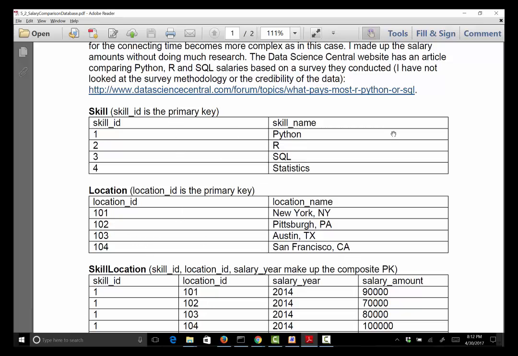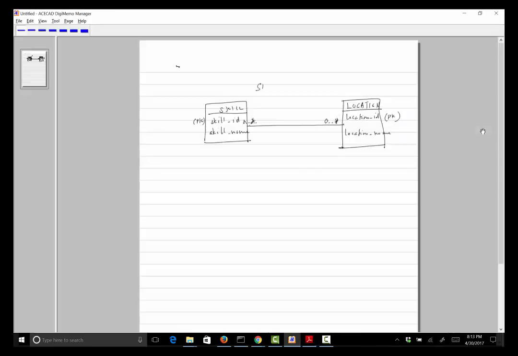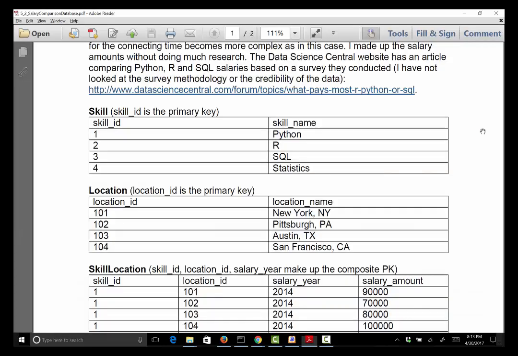I'm trying to connect this, and I've called this the salary comparison database. So basically, on a very simple level, comparing the salaries paid for different skills at different locations. By the way, I've linked it to this article here, which was